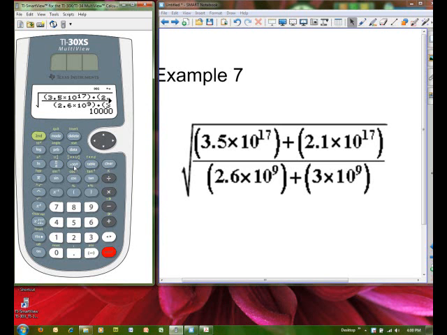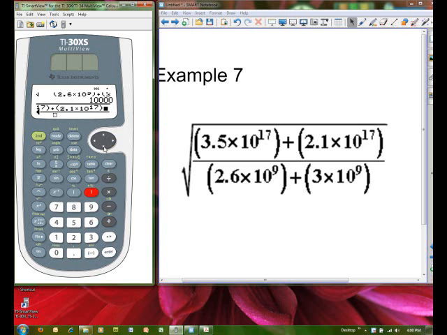Let's do that again just so you're certain that you know what I did. I'm going to do second x squared for the square root, n over d for the fraction, parenthesis 3.5 times 10 to the n, 17, arrow out of the exponent, close the parenthesis, plus parenthesis 2.1 times 10 to the n, put in the power, use my arrow key to get out of it, close